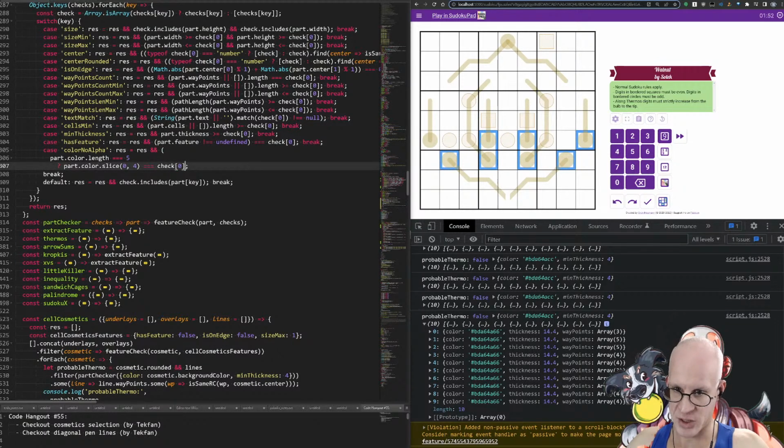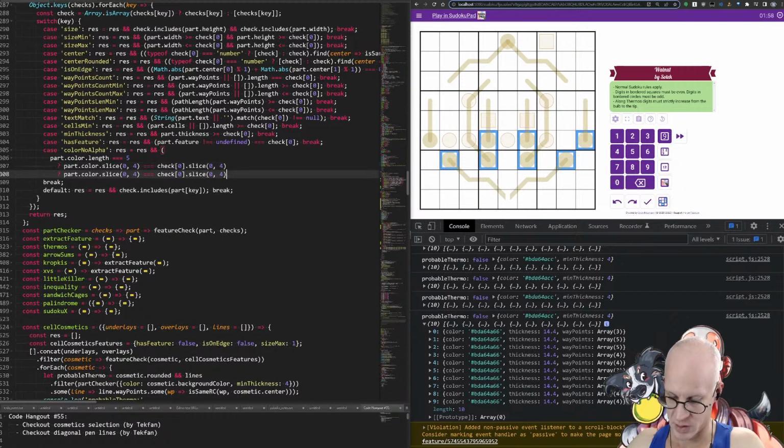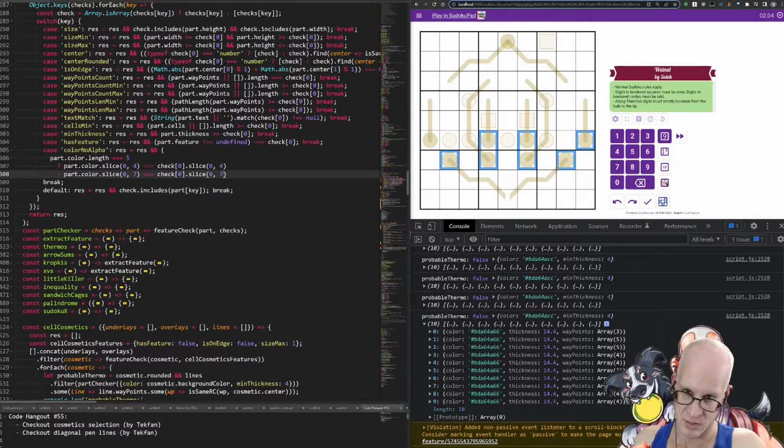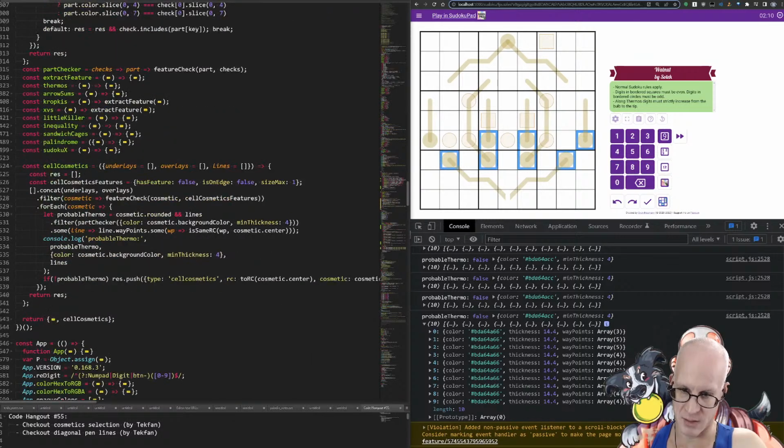That would be the hash plus the first 3 digits on a 3-digit plus 1 alpha. And then else we'll take hash plus 6 digits, so 7. Basically. And then if we add this to here,